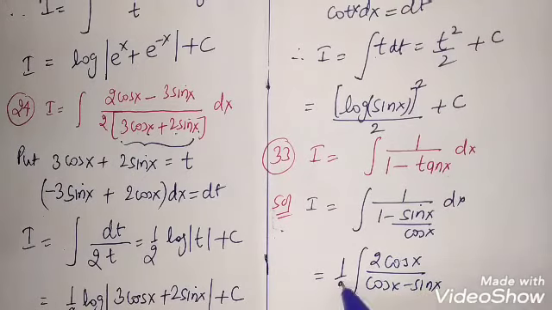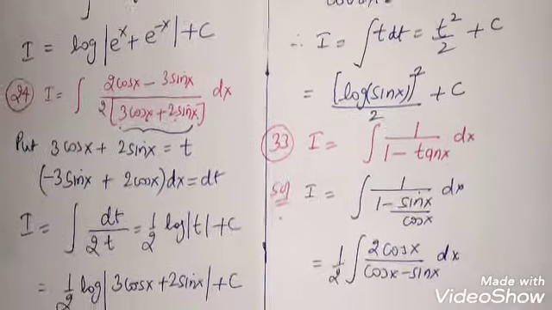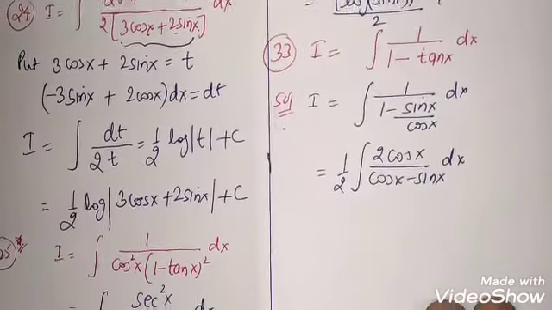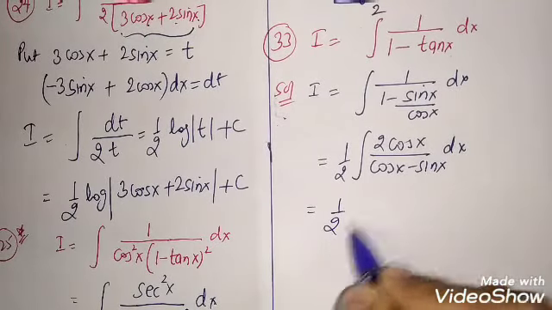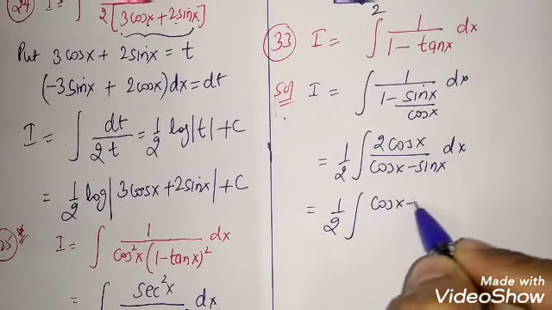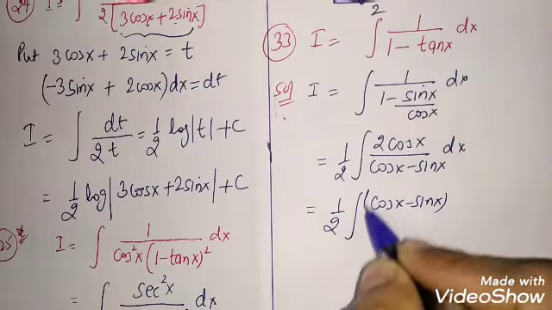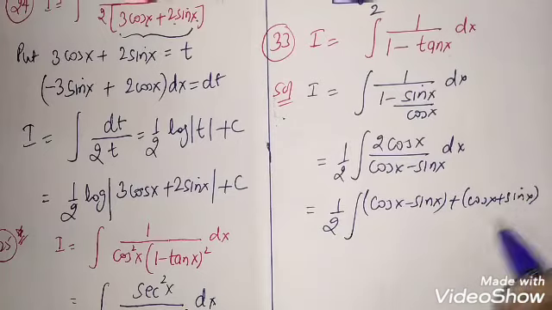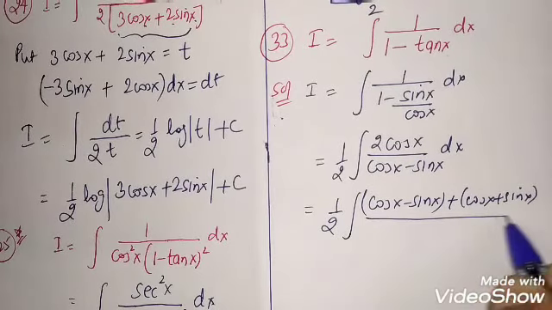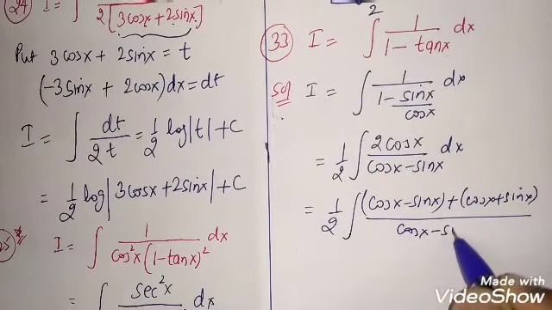Multiply by 2 and divide by 2, as I did in the example also. This seems to be 1 by 2 integration of cos x minus sin x plus cos x plus sin x upon cos x minus sin x